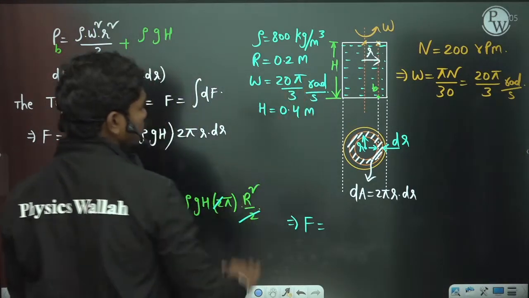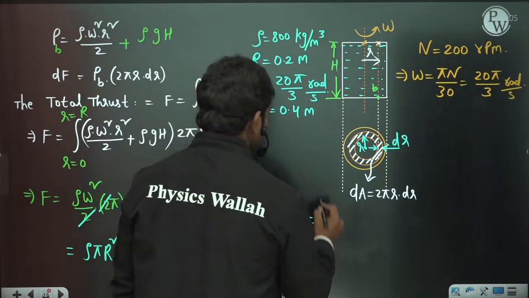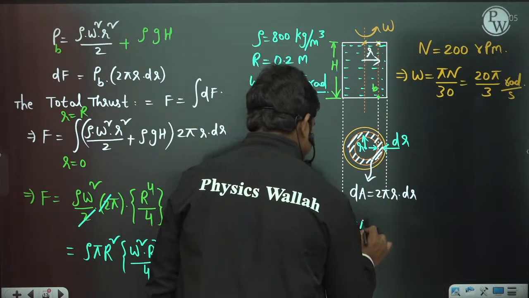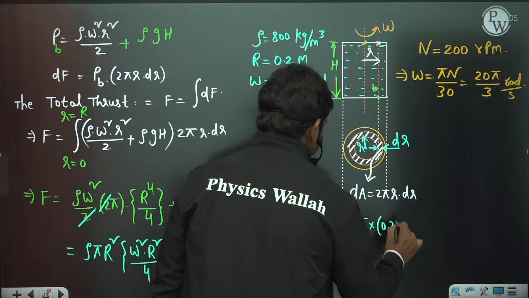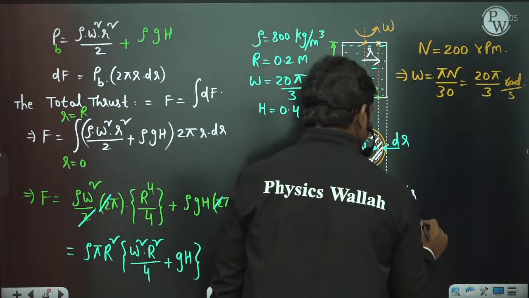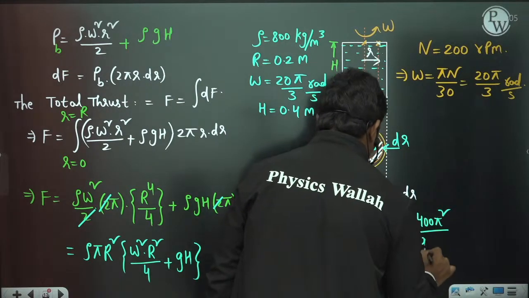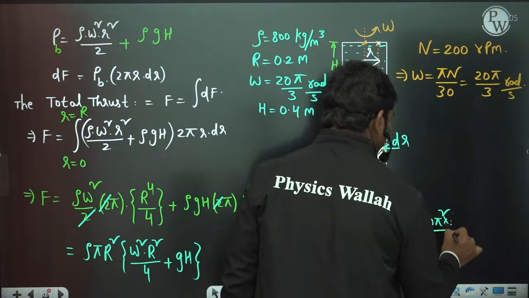So you have all the values. Now let us just substitute and get the answer. Density 800 into pi into small r square, so 0.2 square, multiplied with omega square. Omega square is 400 pi square by 9. Omega square, small r square, so small r square is again 0.2 whole square